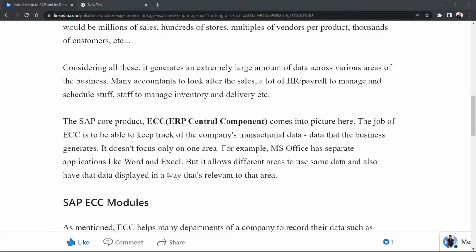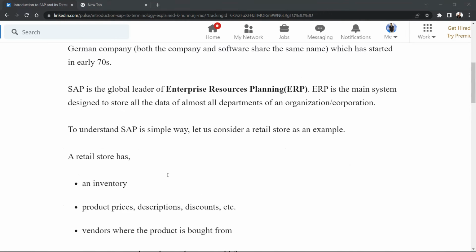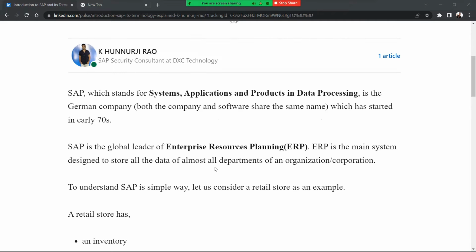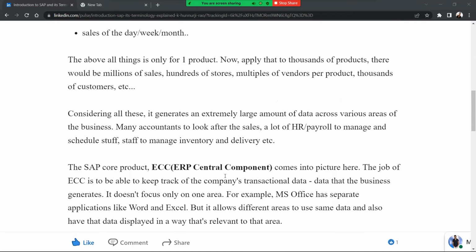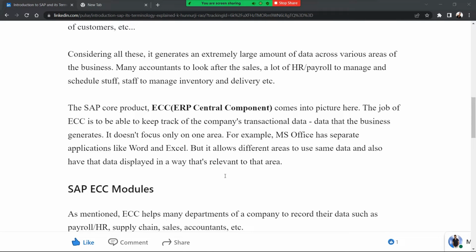Like we have discussed, there are different departments in an organization. As you see here, ERP is the main system which is used to store the data of almost all departments. Here, departments are nothing but the modules. Now we will be discussing the modules. Before that,